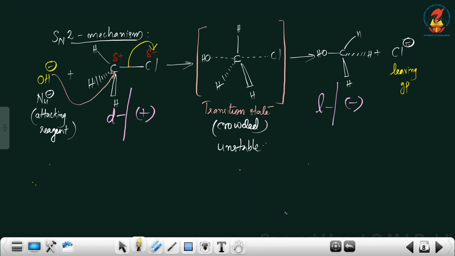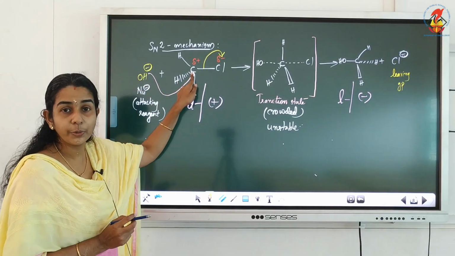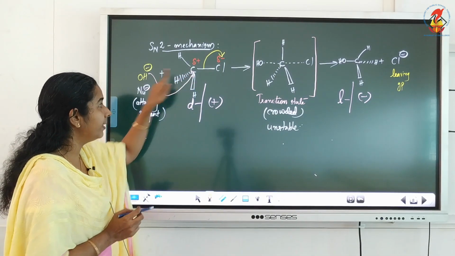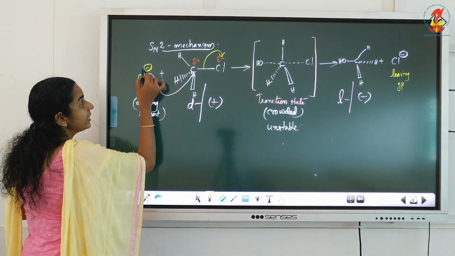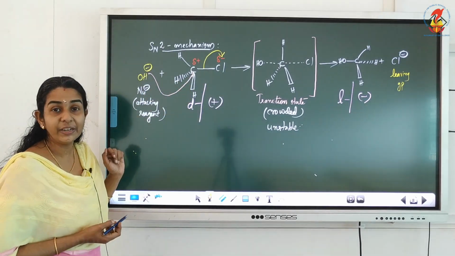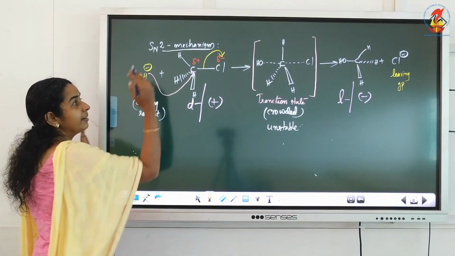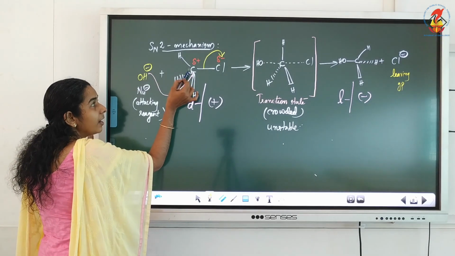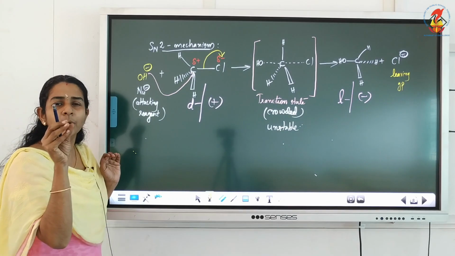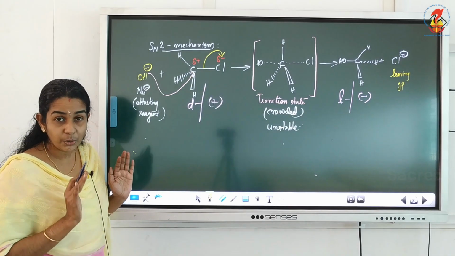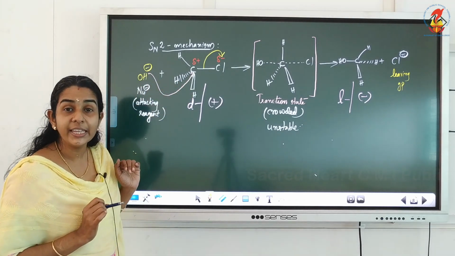So, here we know that the nucleophile is attacking from the back side of the leaving group, isn't it? So, if this carbon is surrounded by bulky groups, the attack of nucleophile from the back side will be difficult. In methyl halides, if you look at the structure, the carbon is surrounded, other than halogen, by three other atoms which are small hydrogen atoms. So, the attack of nucleophile from the back side is very easy.